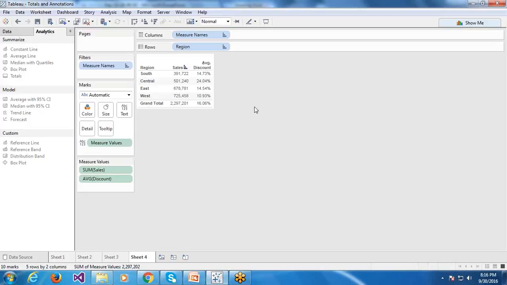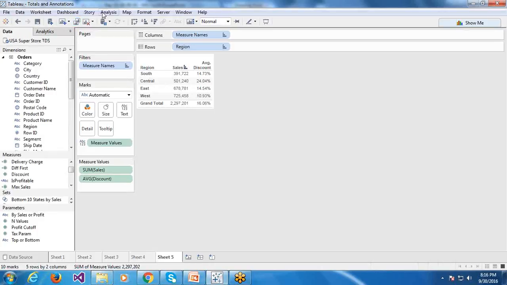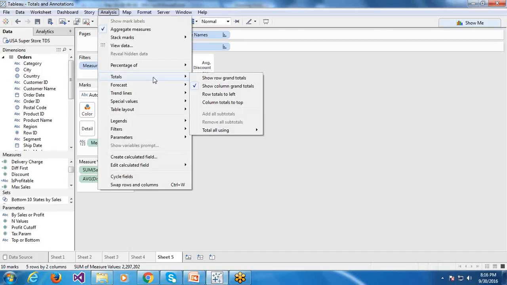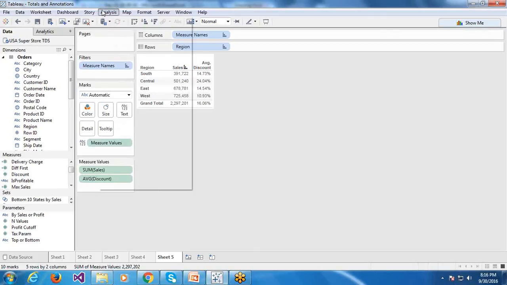Okay, so that is managing the two pass total. And on top of that, let me copy this, there is one more simpler option. What you can do is go to totals. You can move row totals to the left or column totals to the top. In this case, column totals we have at the bottom, right? We can say column totals to top. So we can move the display to where you want to display it, whether at the top or bottom.